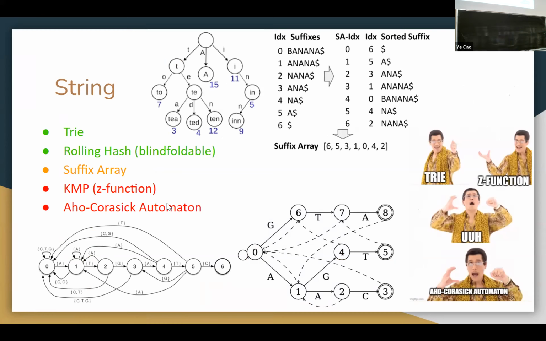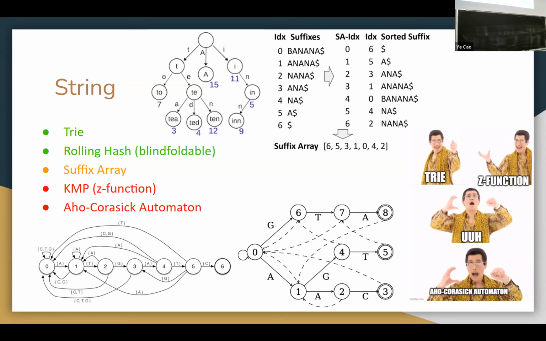Strings. The most important string algorithm, which I consider to be the trie: if you have a bunch of words, like in a dictionary, you can throw all these words into a tree-like structure, as you can see there. It will allow you to answer a query like, if string S is in our dictionary or not. Instead of comparing your string S with every string in your dictionary, just traverse the trie. And if you end on a terminal node of the trie and it matches, then you find your match. Otherwise, your string is not in the dictionary.